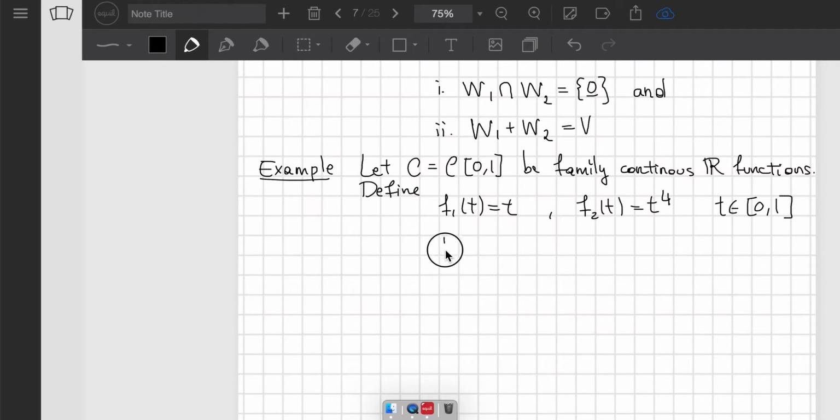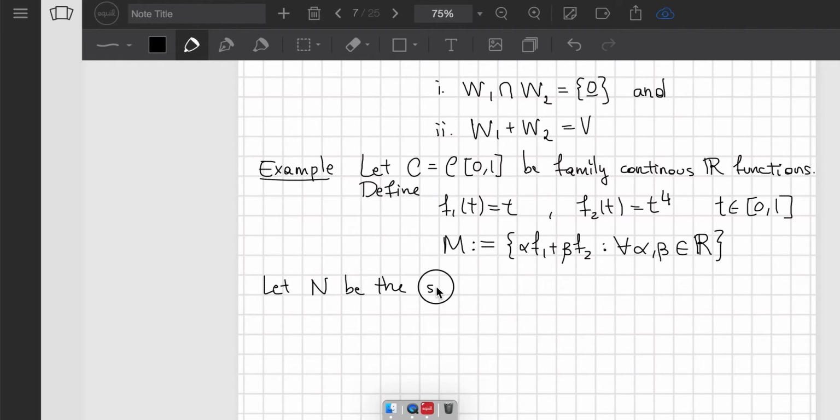And let M, so we define M to be the set of all functions alpha f1 plus beta f2, and we'll define what this is in mathematical terms. It's a linear combination, spoiler alert. So for every alpha and beta belonging to the field we're working on, R, the field of real numbers. Similarly, we let N be the family of functions